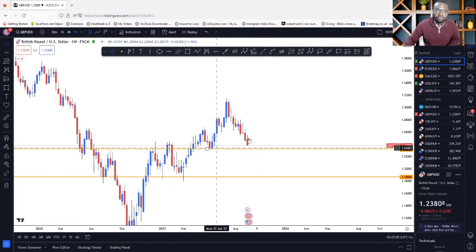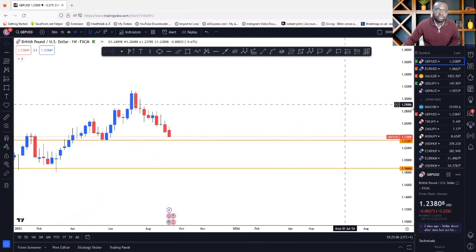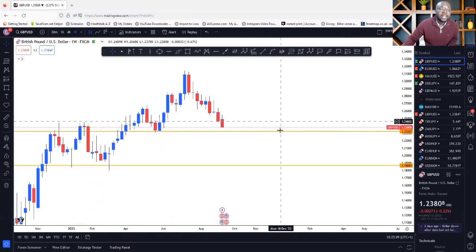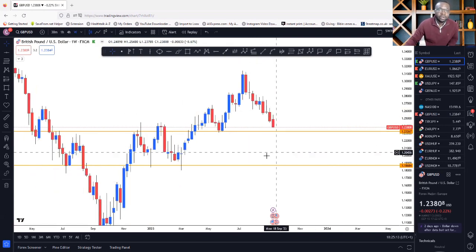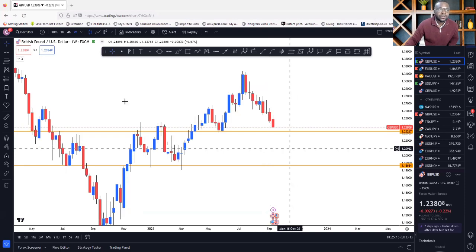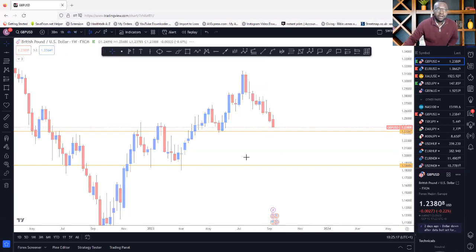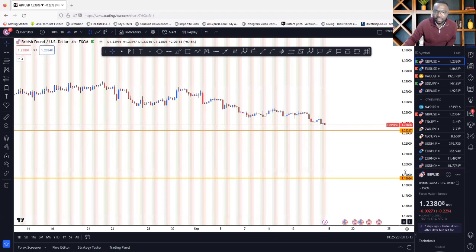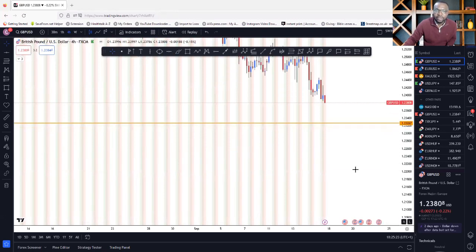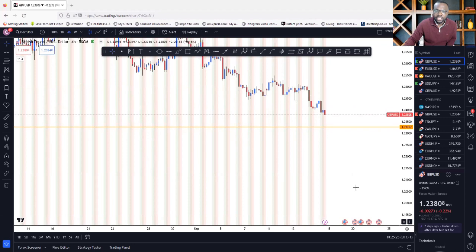But from the way the weekly candle looks, the momentum that we see, it is obvious that it will break. Okay, we can see price will break. So there is still more opportunity for us to sell. Now let's go to the 4-hour time frame. You say, well, what about the daily? Don't worry about the daily. The daily is already confirming the sale. So we know that the sale is going to happen.